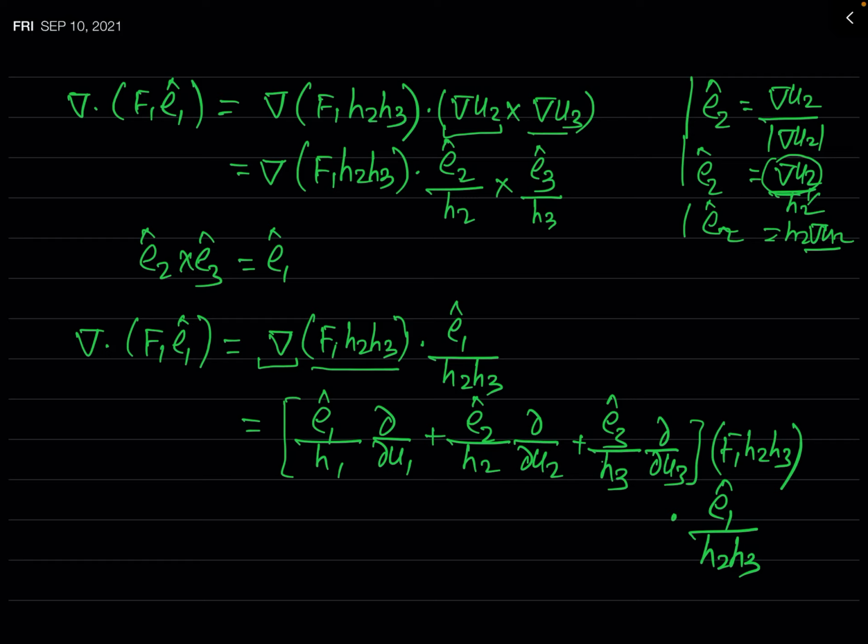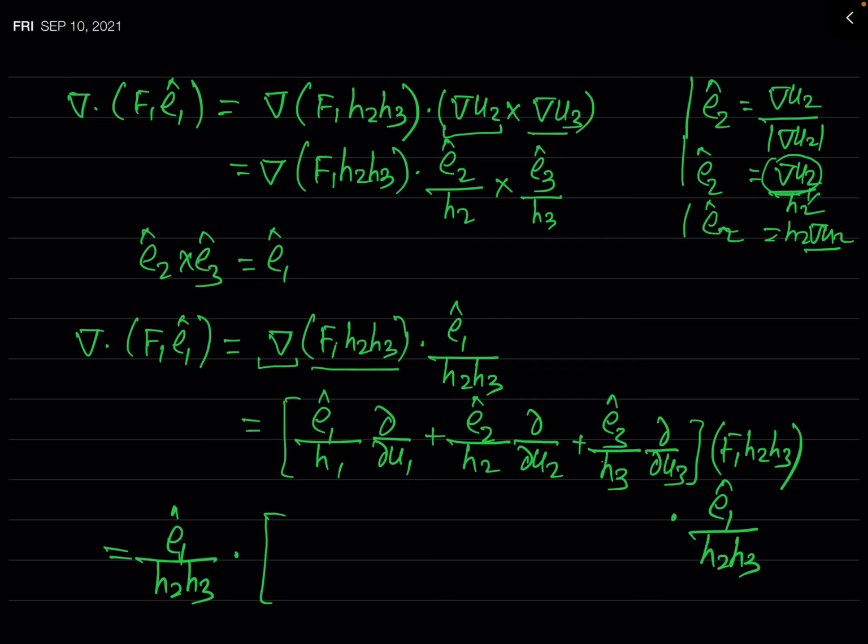So now you can see, after a little bit of simplification, what will be our result? You can easily see here, this may be written as E1 hat over H2 H3, because in a scalar product A dot B is equal to B dot A, so you may write this second vector at the first place. So this may be written as E1 hat over H2 H3